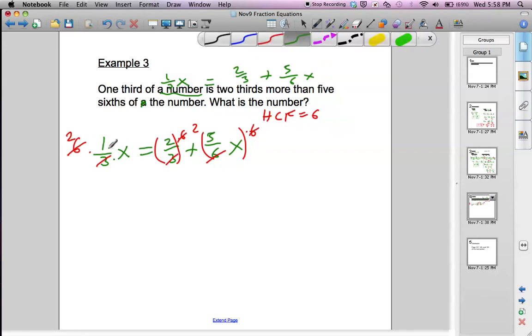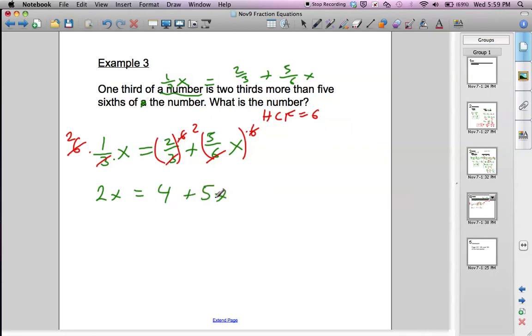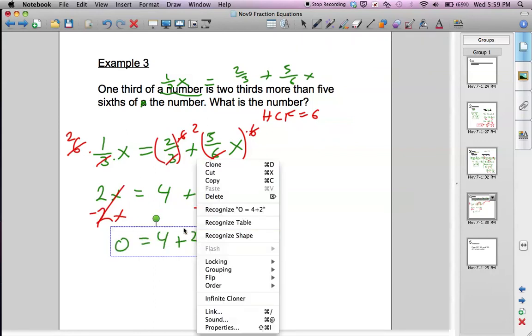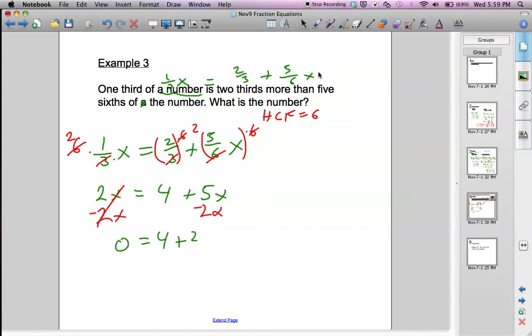So here it's just 2 times x is 2x. This is 2 times 2 is 4. And this is just going to be 5x. Okay, we've got variables on both sides, so subtract the smaller variable from both sides. Subtract 2x. We get 0 equals 4 plus 3x. Okay, 3x, and then we need to isolate x, so we need to subtract 4 from both sides,